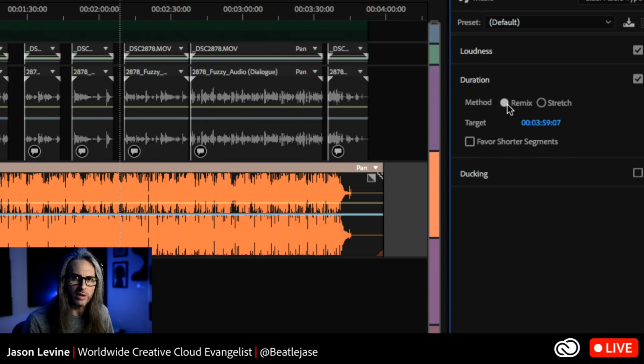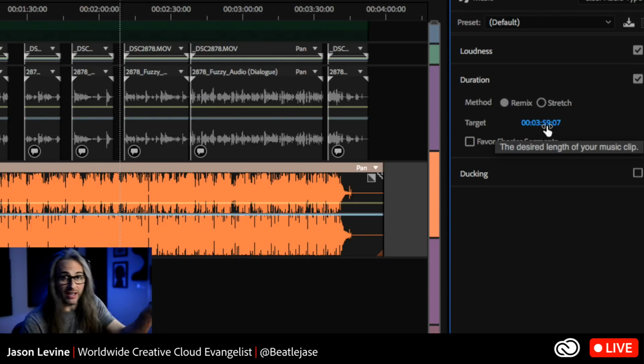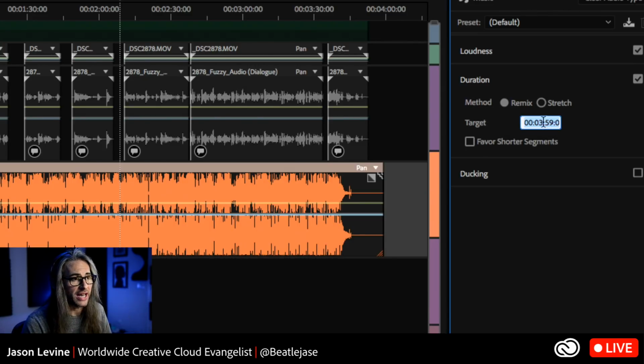So, Remix. Then you have Target. What duration do I want this to be? All right. As always, with all Adobe applications, lots of different ways to do the same thing. So I can set a target here either by click dragging, I can click into the field and type a new duration, or